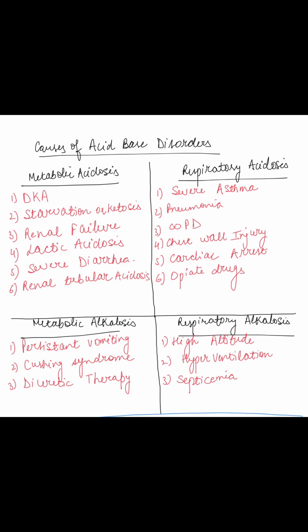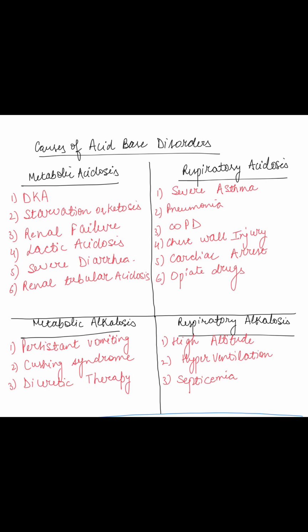Then in case of diuretics, there is increased acid and chloride loss in the urine. In Cushing syndrome, alkalosis occurs due to increased hydrogen ion excretion in the urine, which occurs secondary to increased sodium reabsorption. Causes of respiratory acidosis are severe asthma, pneumonia, COPD, chest wall injury, cardiac arrest, and opioid